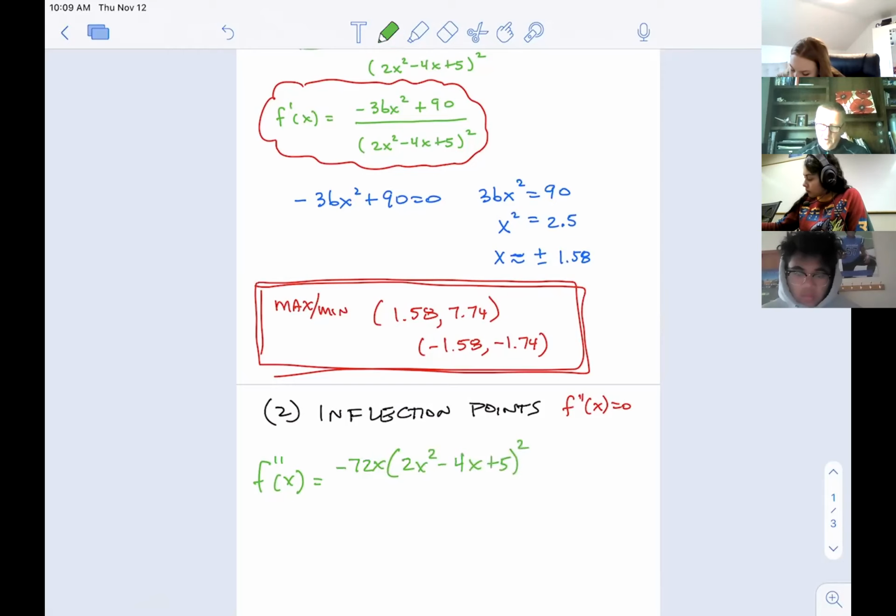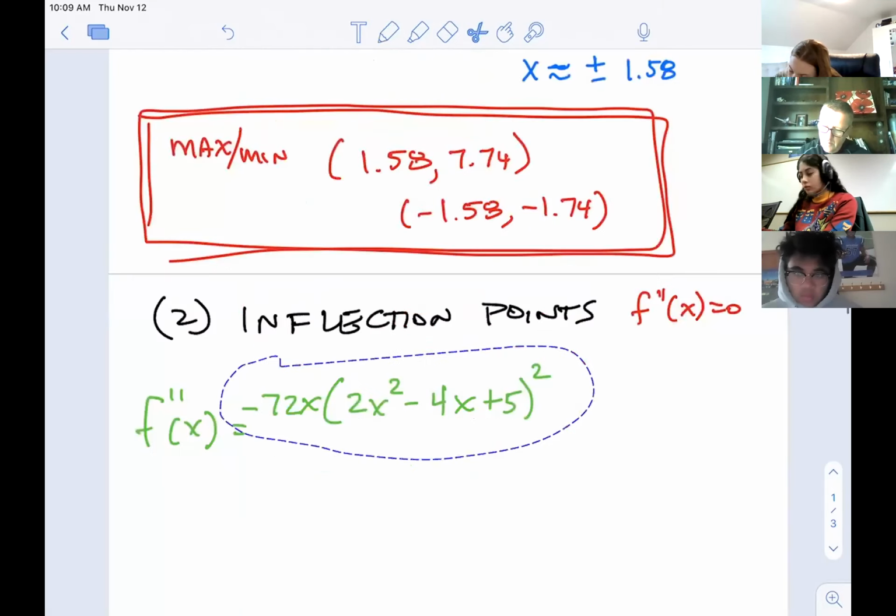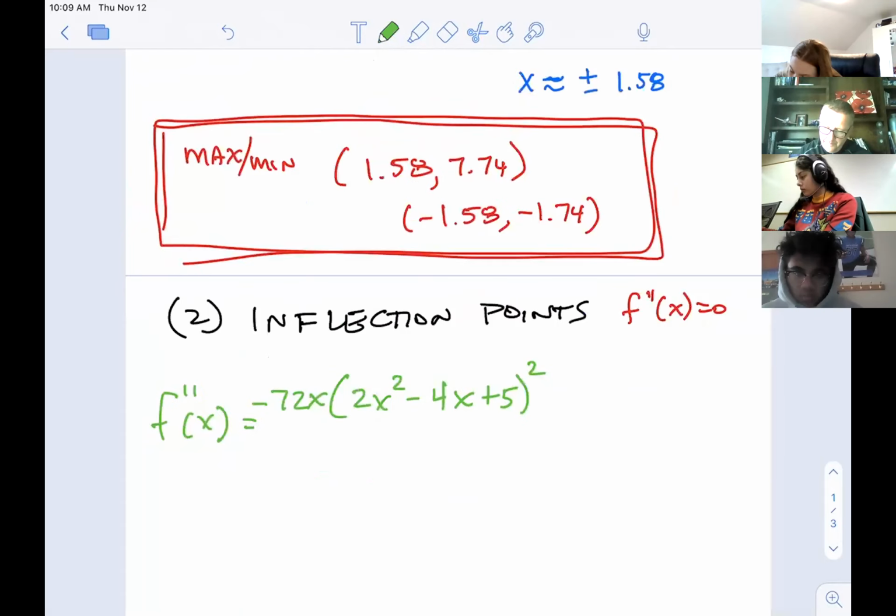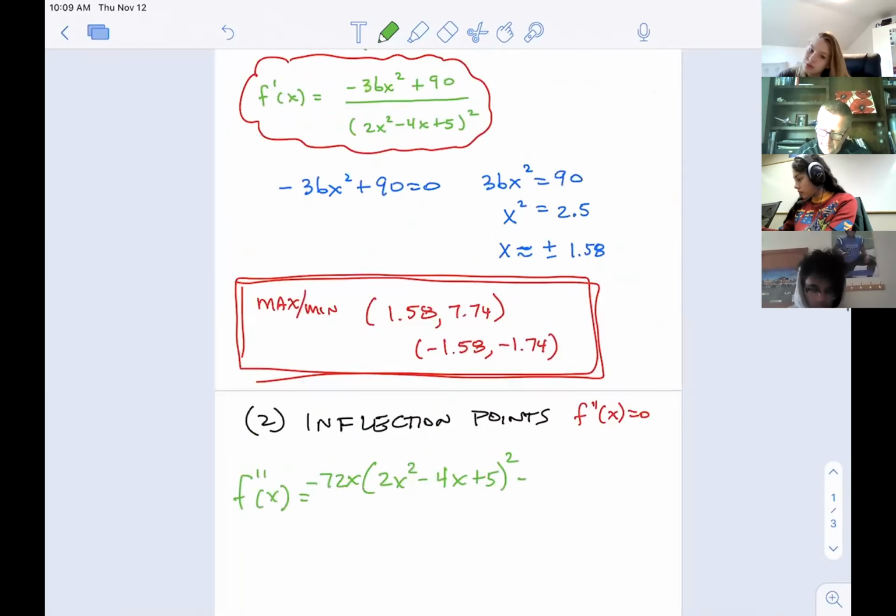Derivative of the top times the bottom left alone, minus the top left alone, negative 36x squared plus 90, times the derivative